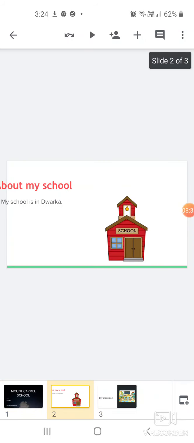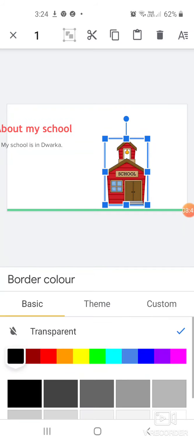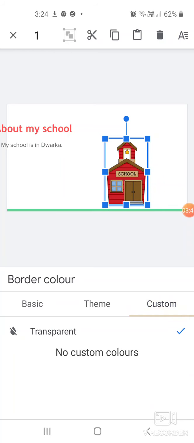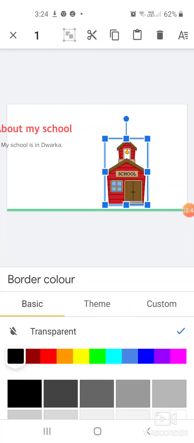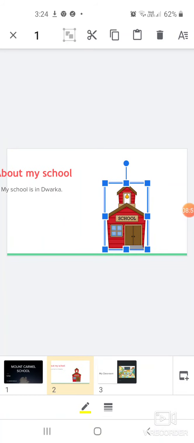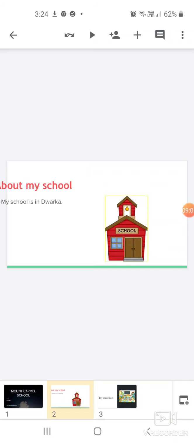Okay, you can add many other things in the picture if you want. You can long press on it and you can add the border, and all these things are also available. You can go and choose the basic border, for example yellow. If you need, you may click on yellow. Yeah, so make it dark, the color is there, you can make it dark as you want. So all these options you have to try.